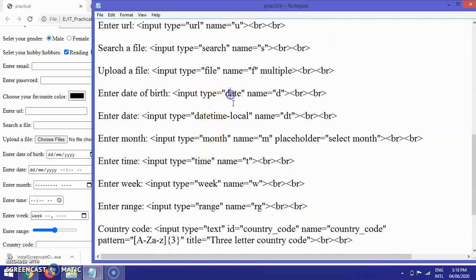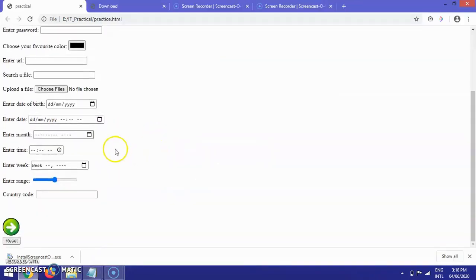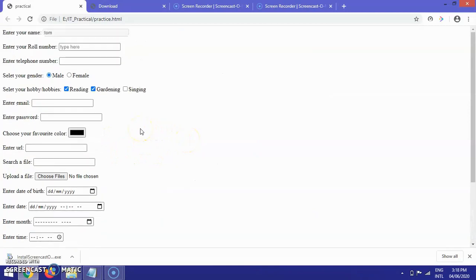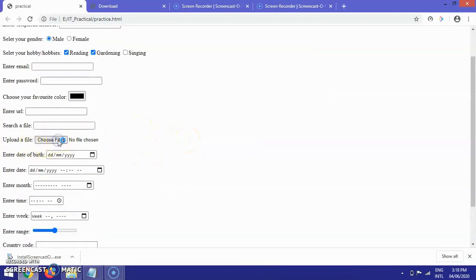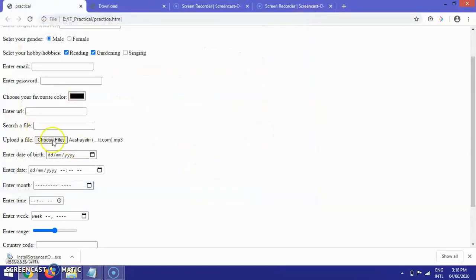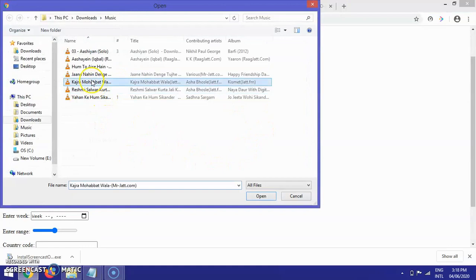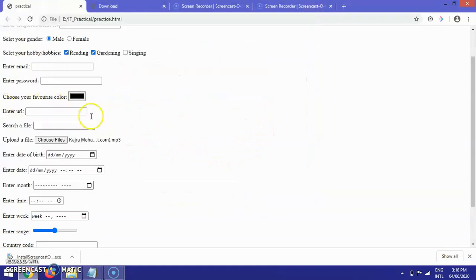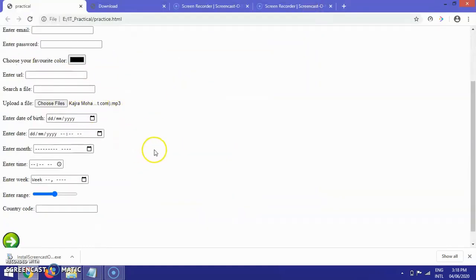Now, the month field. Here I actually tried to display a placeholder for the month, but it's not visible. This is input type equal to month. Now go to the month field. The placeholder value is not displayed here. That means placeholder values are available for text fields and number fields. For the file field, I'll show you. I'm selecting multiple files. You may see only one file name over here, but multiple files are selected.